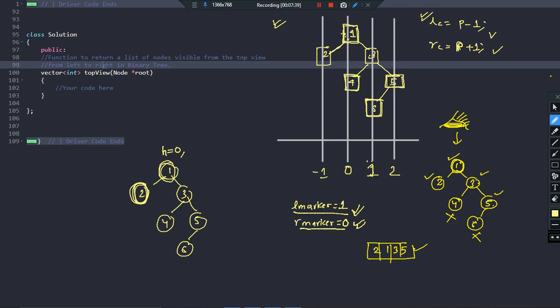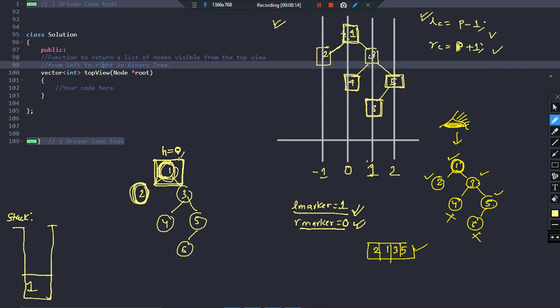So now when I am at the root node, what happens? I will ask whether this node's position on the number line is less than its left marker. The left marker value is 1, and the position of this node on the number line is 0. So yes, it is on the left. If true, we will have a stack, and we will push this node's data into the stack. So 1 is pushed into the stack. Done.